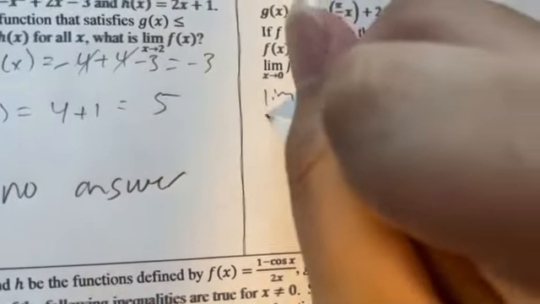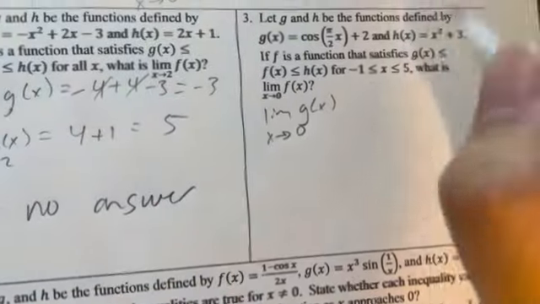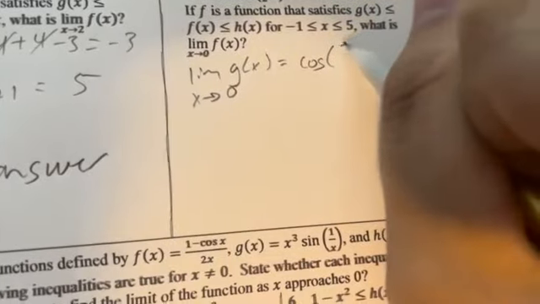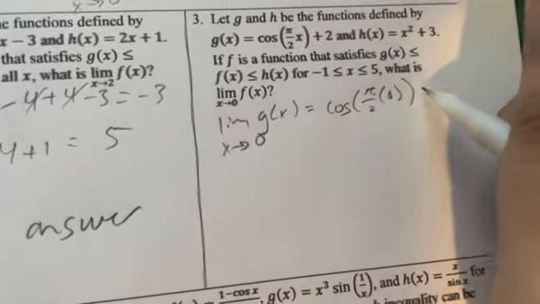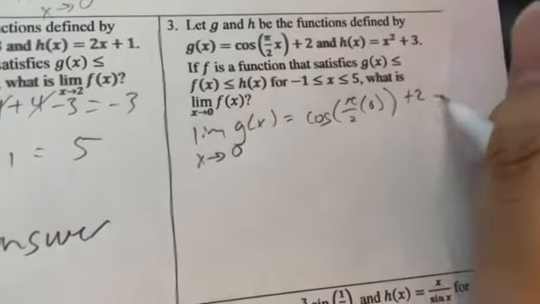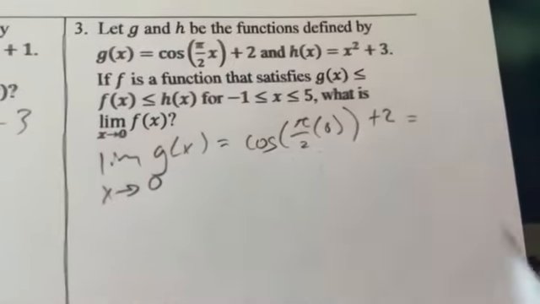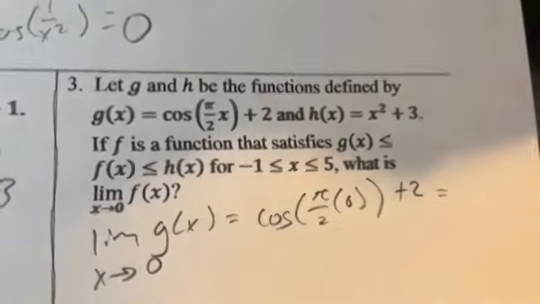So we'll start with the limit of g of x as x approaches 0, and we'll plug it into that: cosine of pi over 2 multiplied by 0 plus 2 equals cosine of 0, if you remember our unit circle,